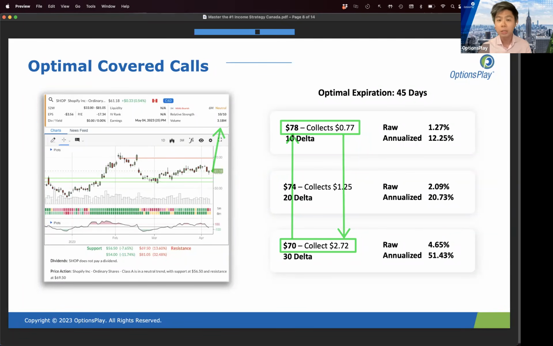So the reason that you want to be conservative on a covered call, meaning choosing strike prices far away from the current price, is because you want to prioritize capital appreciation over income. Income is actually a secondary part of covered calls. Even though covered calls is an income generating strategy, what you should be prioritizing is not income. What you should be prioritizing is the capital appreciation of the stock, because that's the asset you own. The reason you own that stock is because you think it's going to appreciate in capital.